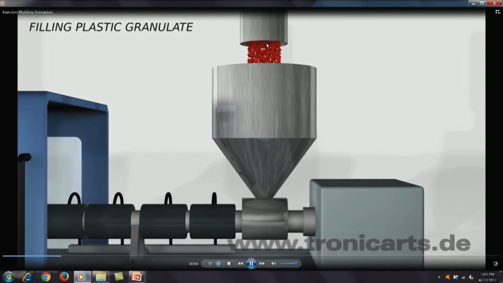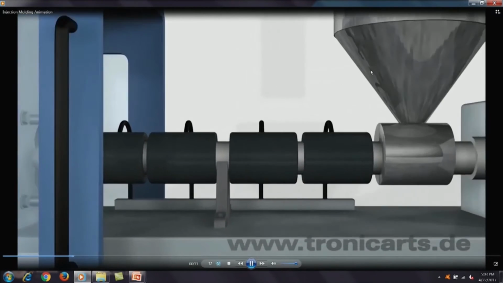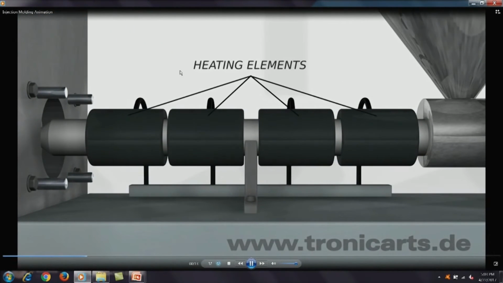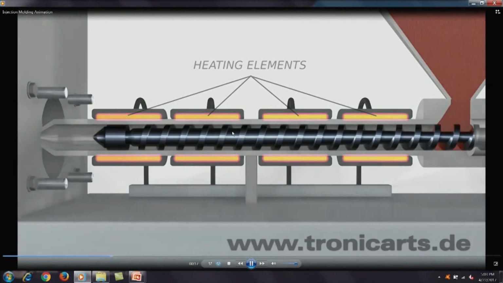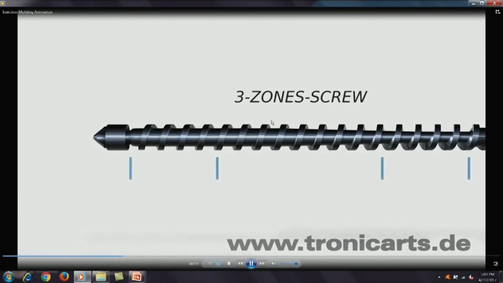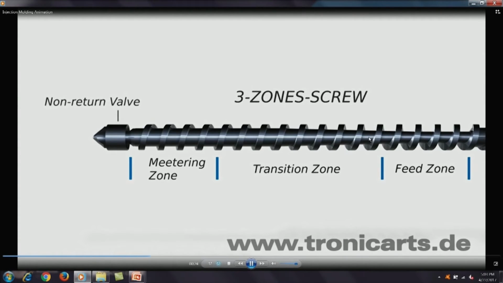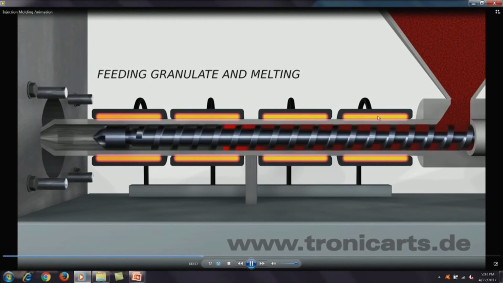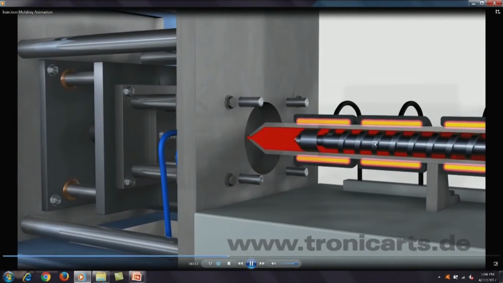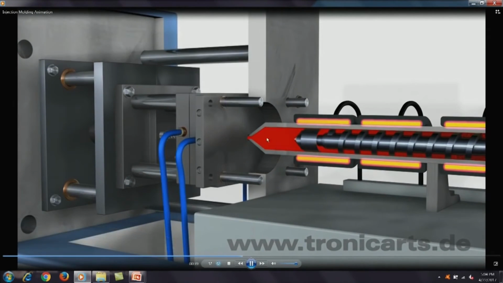So this is the pellets coming down, this is the hopper, these are the heating elements, 4 heating elements around the injection chamber. This is showing a reciprocating screw type of injection molding machine, with a metering zone and a transition zone. These are the red color pellets that are coming down. Now the screw is rotating and the material is moving down. Because of these heating elements, it will get melted, and this is a nozzle.